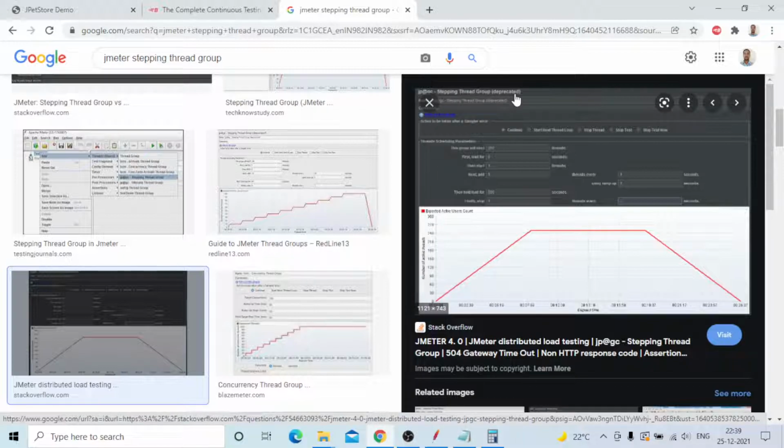Okay, this is the way you need to design the users: how you need to execute the users, how much duration you need to run, and how much you need to ramp up. It is straightforward, and a slide will be provided directly. After that, it will be created step by step.